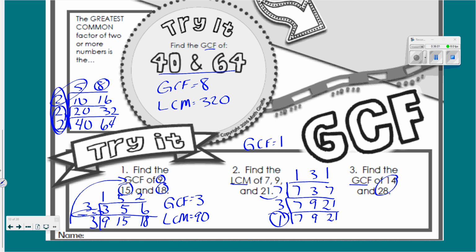If people work through this list, you should get to the point where you're going this quickly every time. So yes, I can do it by 7, gives me a 1 and a 2. Once I get to a 1, I know I'm done. So my GCF is just the 7 on the side, which is 14. Good, you multiply them, don't add them. Then for the LCM, 14 times 2,